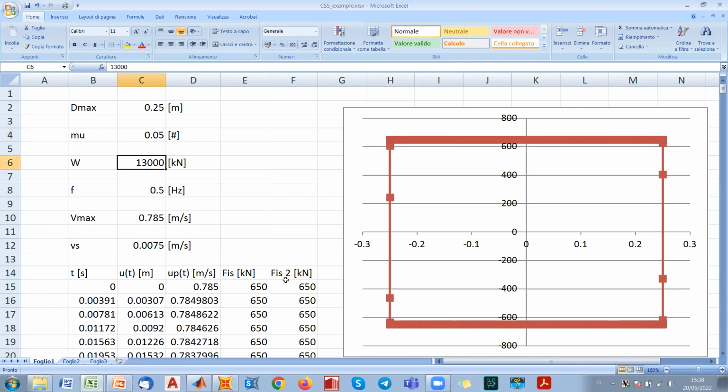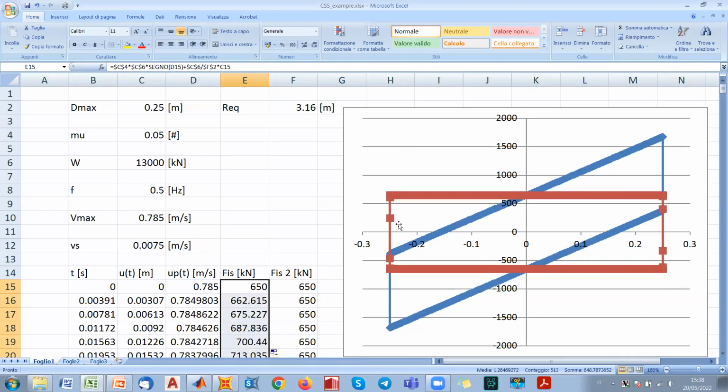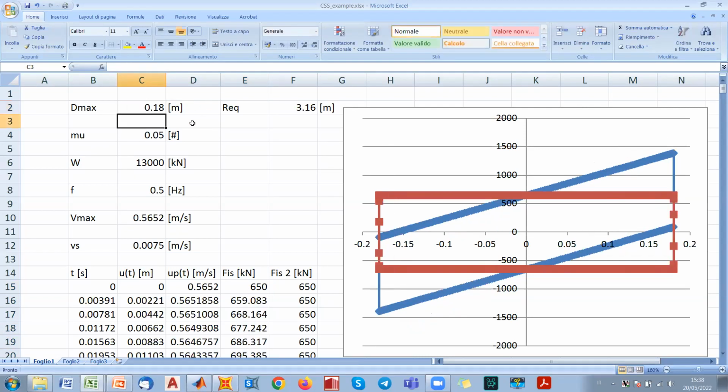You just need to add the equivalent radius of curvature. So if you add it here in terms of meters, 3.16, and then we can just add plus the weight divided by the radius times the displacement, and then we have just to fix some reference. Okay, so you see we get exactly the same. So here we have the proper definition of